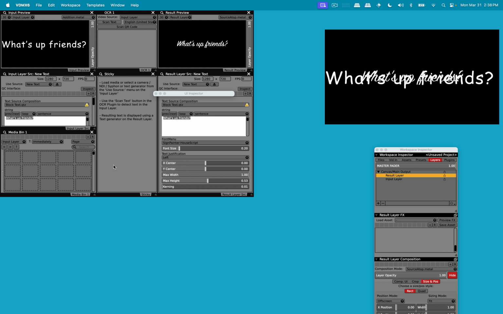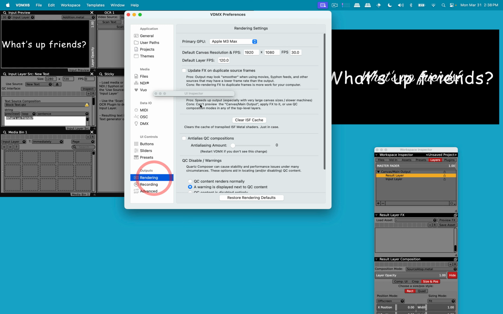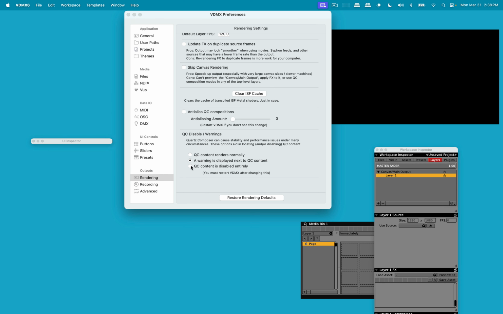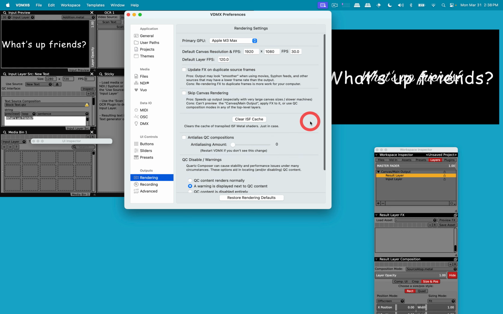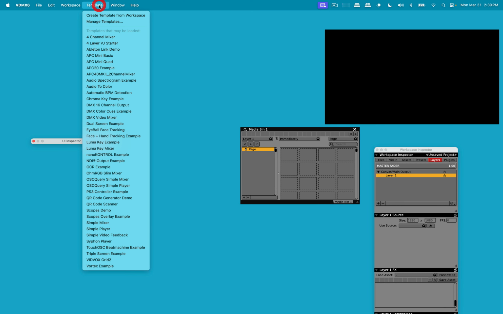Additionally, for this text feature to work, you're going to need to make sure that you have Quartz Composer enabled on your computer. To do so, I can click on VDMX, Settings, and Rendering. By default, VDMX comes with Quartz Composer completely disabled. From here, I can make sure that I have Quartz Composer enabled. So now let's go back to Templates,